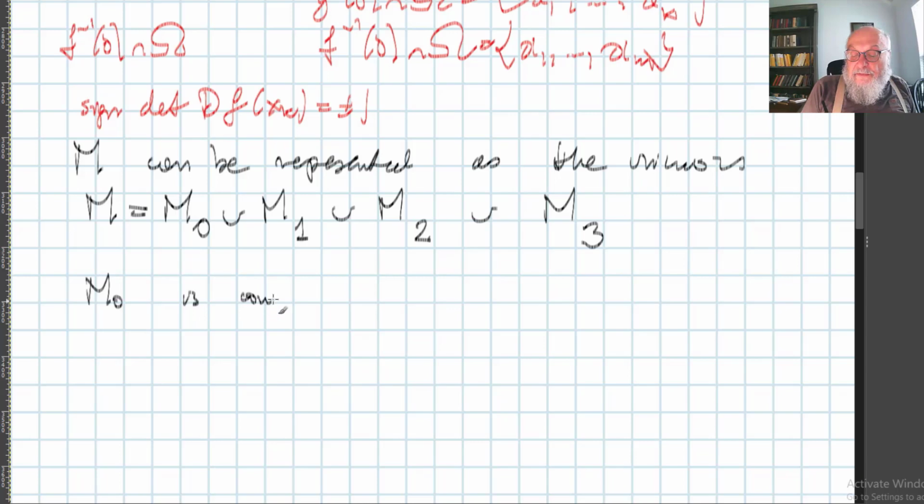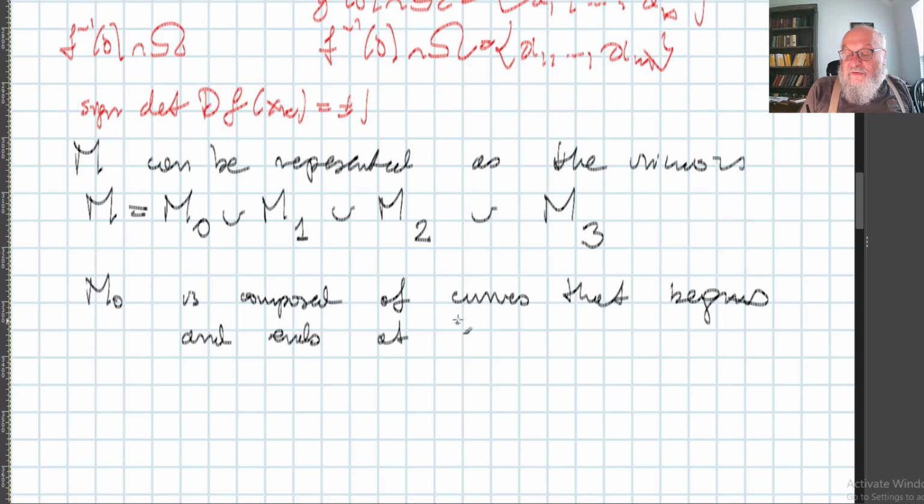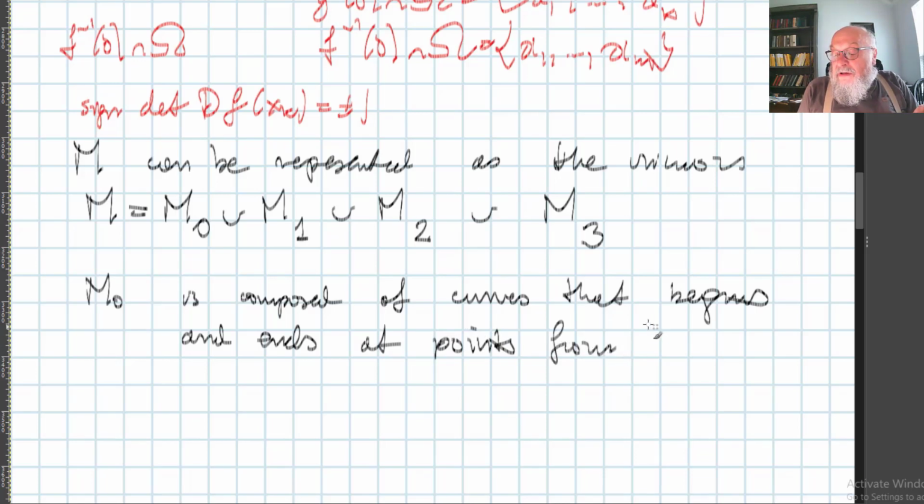So M0 is composed of components, of curves that begin and end at the points 0t, 0x belonging to 0 times omega, from the points maybe like this, and end at points from 0 times omega. And